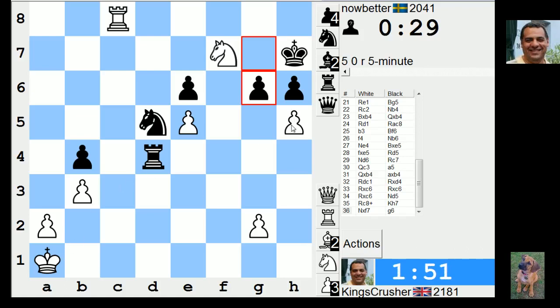Panic. No. Yeah, a move. I need a move. It doesn't matter about the double pawns here. My king, I think, is more important. There's always knight d8